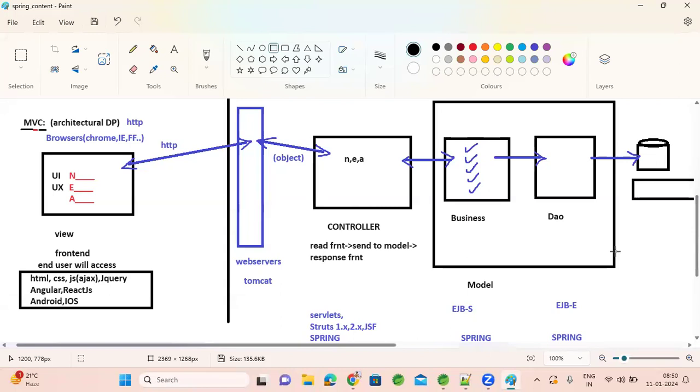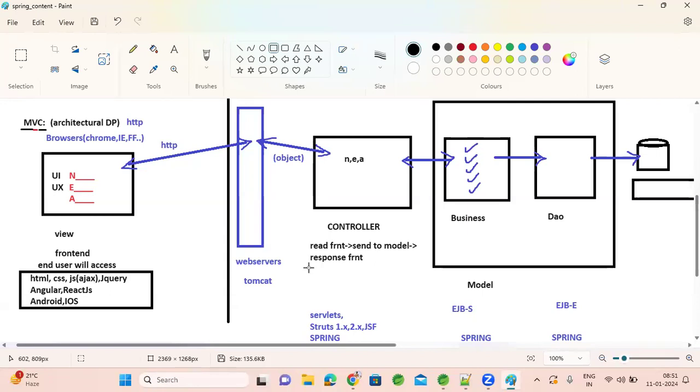Today you will work on one application and tomorrow you will change the company. If somebody else works on that application, they should understand what you have done. If you write everything together, some UI logic, some controller logic, some DAO logic, some business logic, into one single class, and club everything together, it will be very difficult for others to understand. So your code is not easily maintainable if you don't follow the MVC architecture.